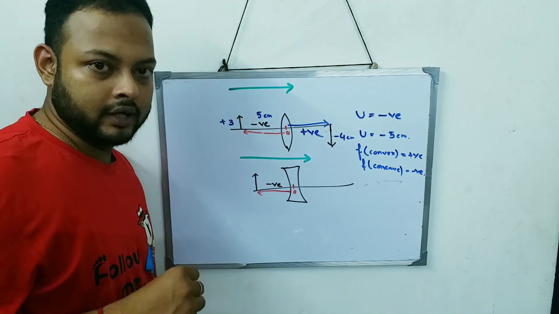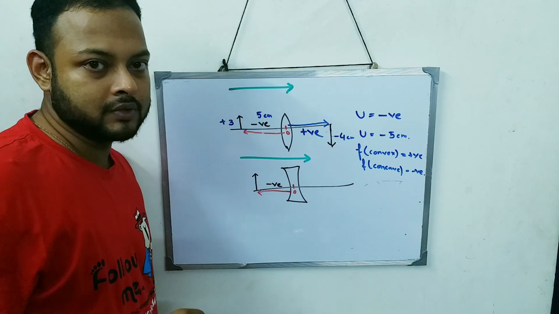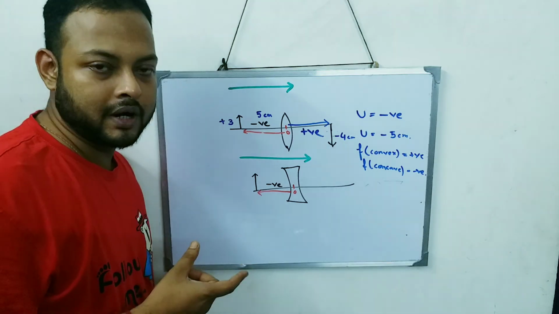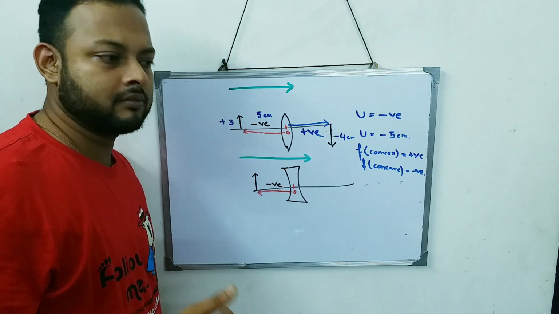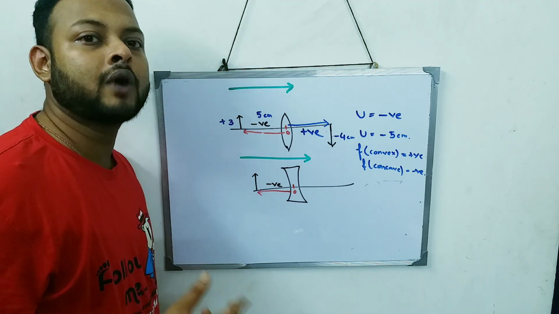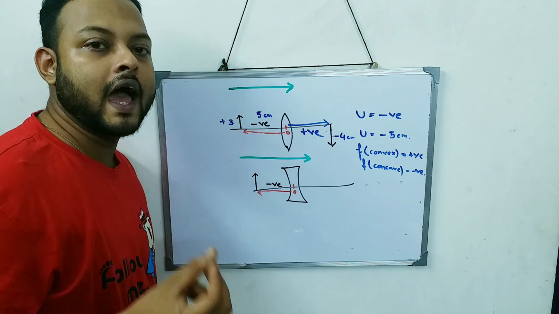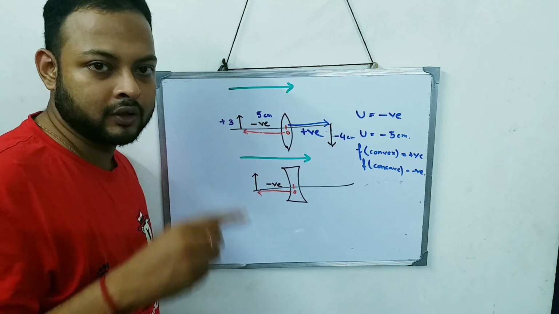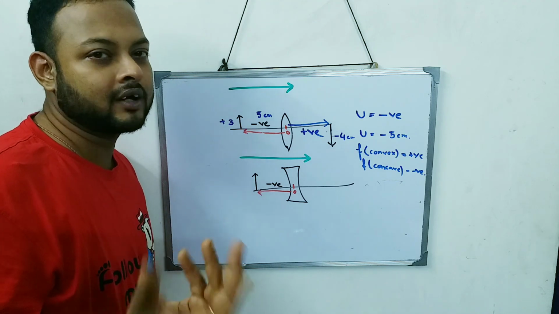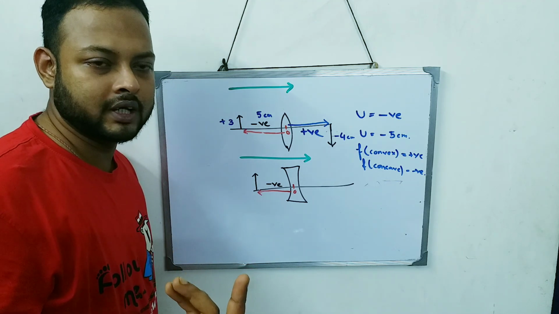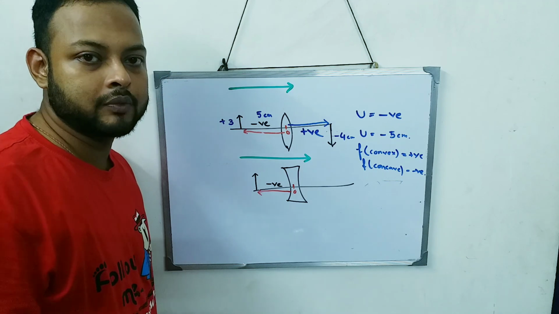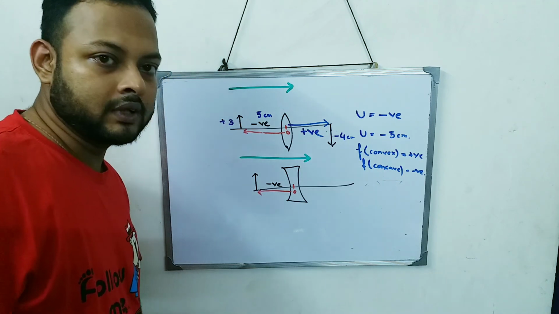We will do today in this lecture the first 6 sums. So that will be video number, part number 8. Then in the next video, part number 9, I will do the next 6 sums. And in the last video, I will explain the concept of power of lens and do the sums related to that, whatever is given in your book. So by that, this chapter will be completed. So we will do it.